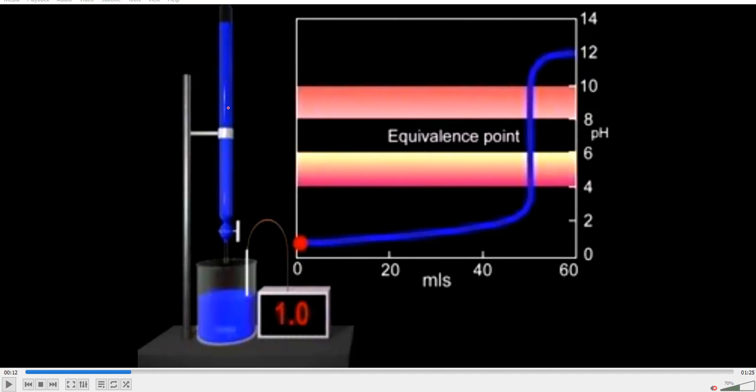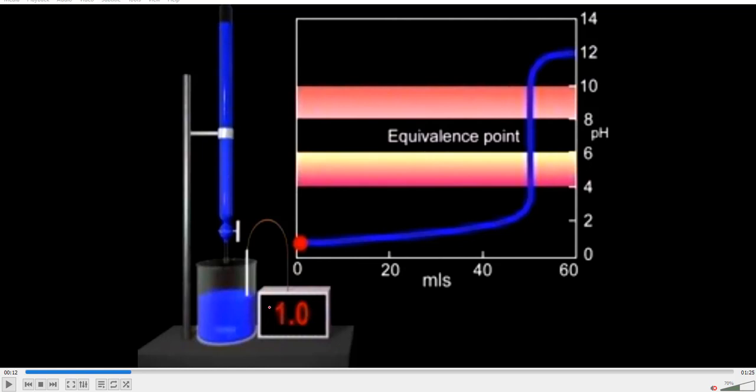That's a special glassware called a burette, and it contains our base. I'm going to go ahead and move down. There is a beaker, and that beaker contains an acid. And we're going to be doing a neutralization reaction